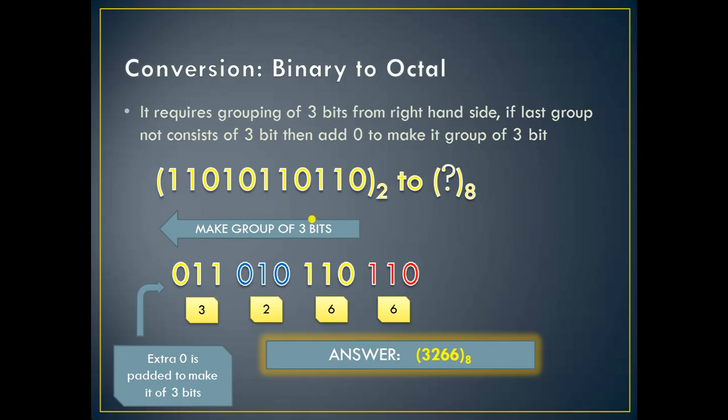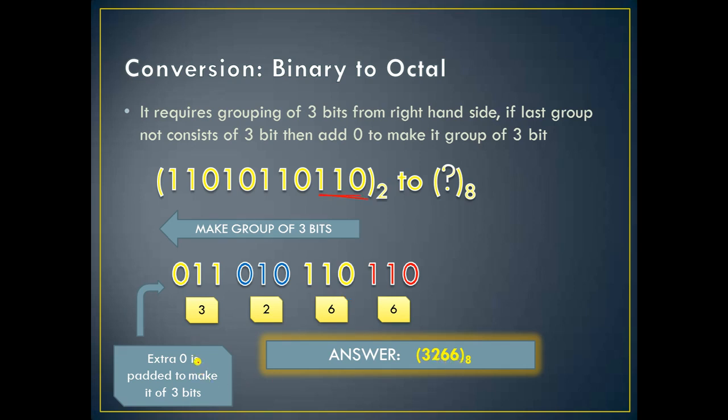So you have to start from the right side. From here you will start. So by this way you will make groups, first these 3 bits, then the next 3 bits, then again the next 3 bits, then again the next 3 bits. Okay, so by this way you will separate each group. So this group will give you the answer 6, this group will give you 6, again this group will give you 2, now this group will give you the answer 3. So by this way you will see the answer, 3 2 6 6.